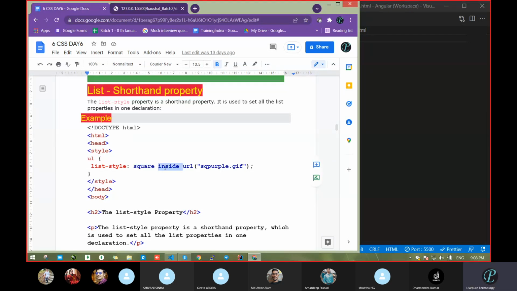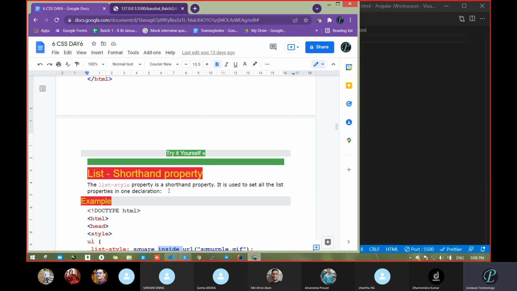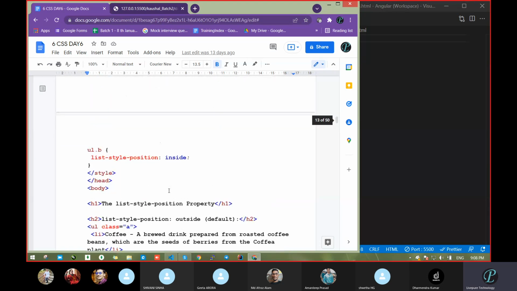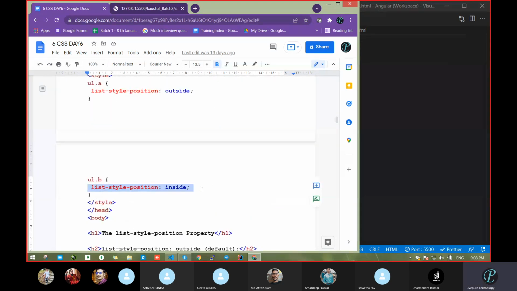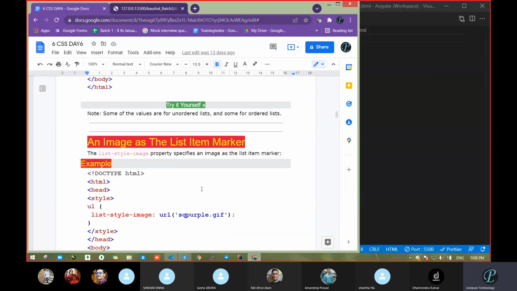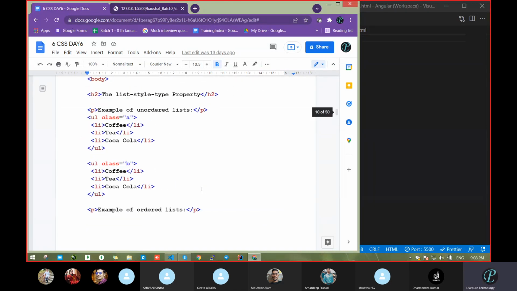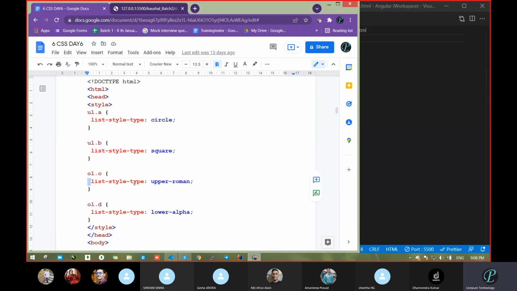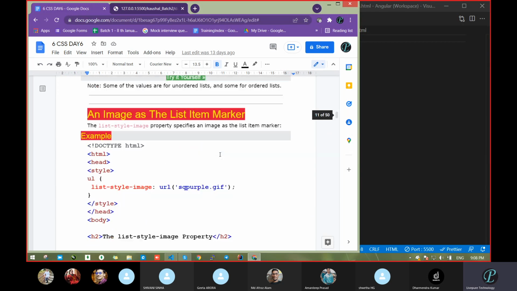Next, inside, what is this one? Position. List style position. Just now we had seen. See here, list style position. And here we had seen list style type, image. List style type: square, circle. Clear? So these go into the shorthand notation like border.